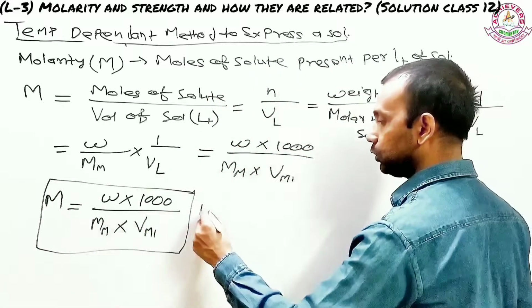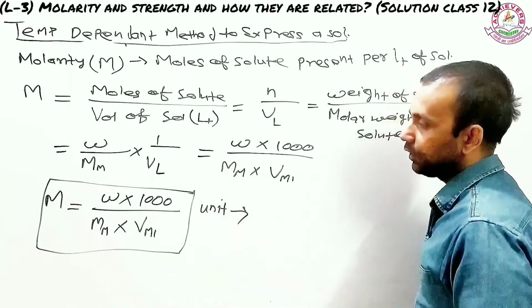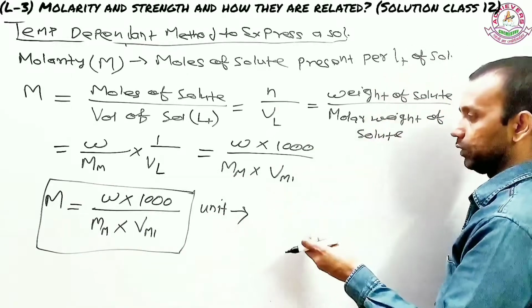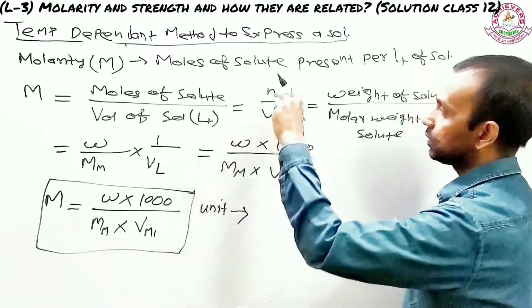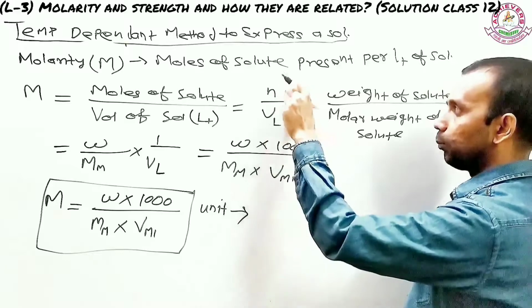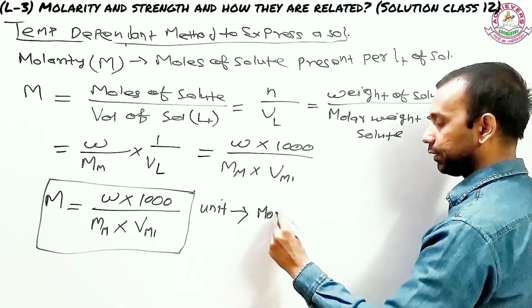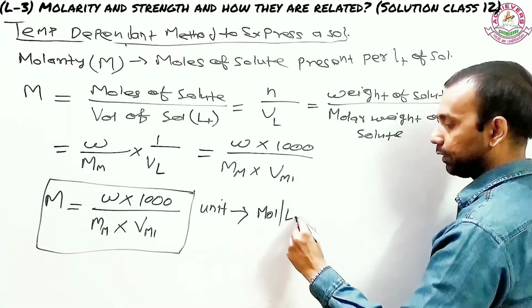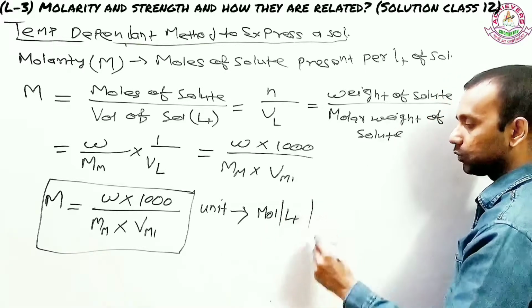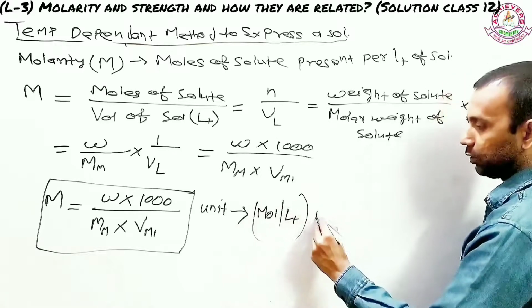Now let's talk about the unit here. It's simple. The unit is going to be, let's take a look here. This represents mole, or let's come back here, mole per liter. So this is going to be mole per liter. You have mole up here and you have liter down here. So it's going to be mole per liter. You can write it that way.